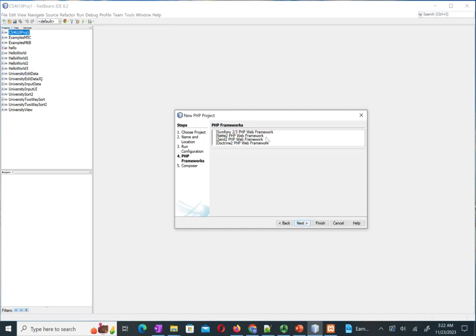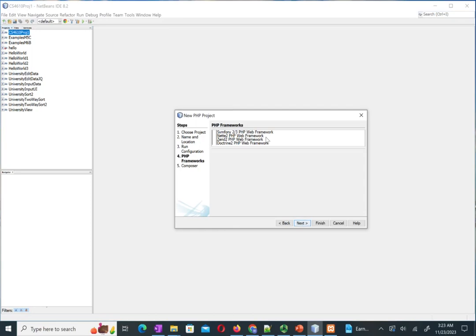Typically you use them to develop large projects. You want to organize all your resources in a really well-structured way, so you use a framework. Here, our project is very simple, so we don't need that part. Even without any framework, we can